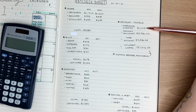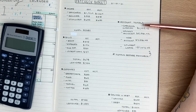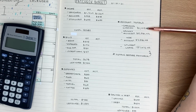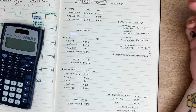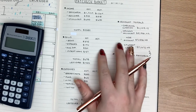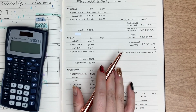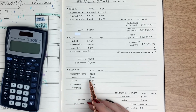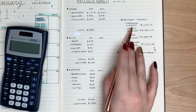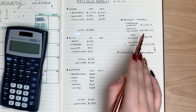And my buffer is actually built up very high, not this month, over the past year. And I'm really happy about that. And I just like to let it sit in there just in case. And sometimes, you know, you do this cool thing where you get a little bit sad and you feel like spending and you go over your budget, and that just eats out of your checking account. But that's okay because you are prepared, you have extra money in there, and you're not going into any more